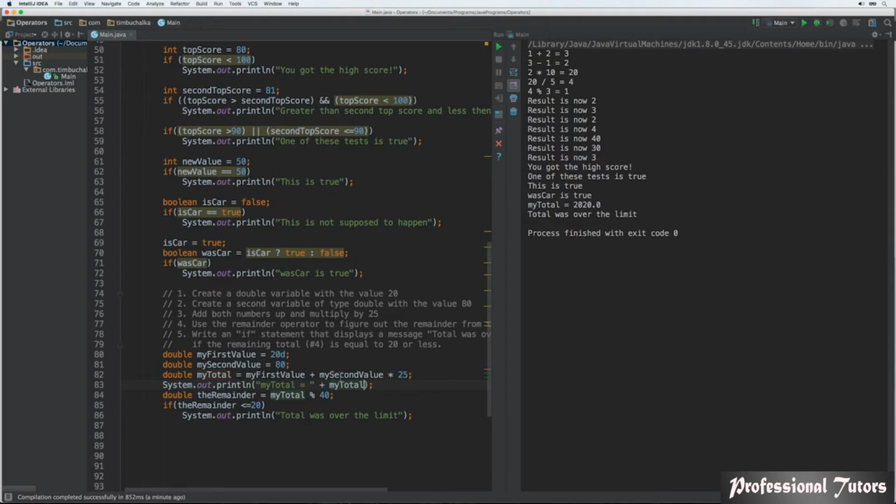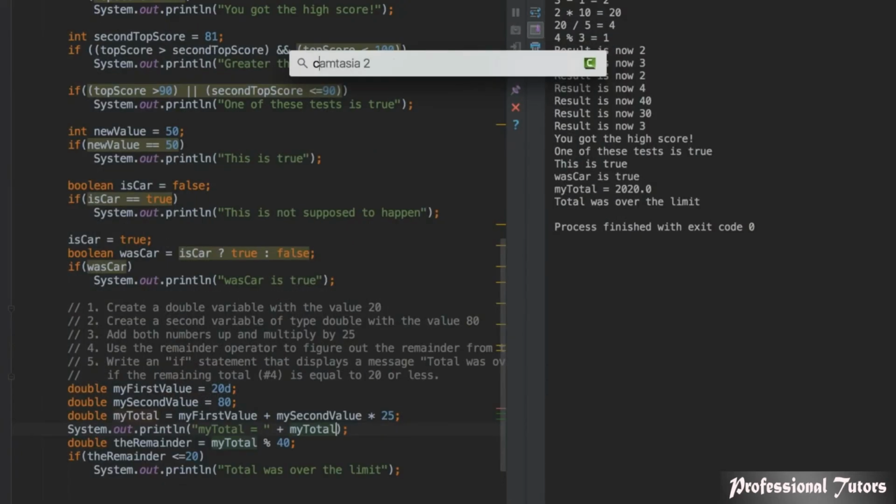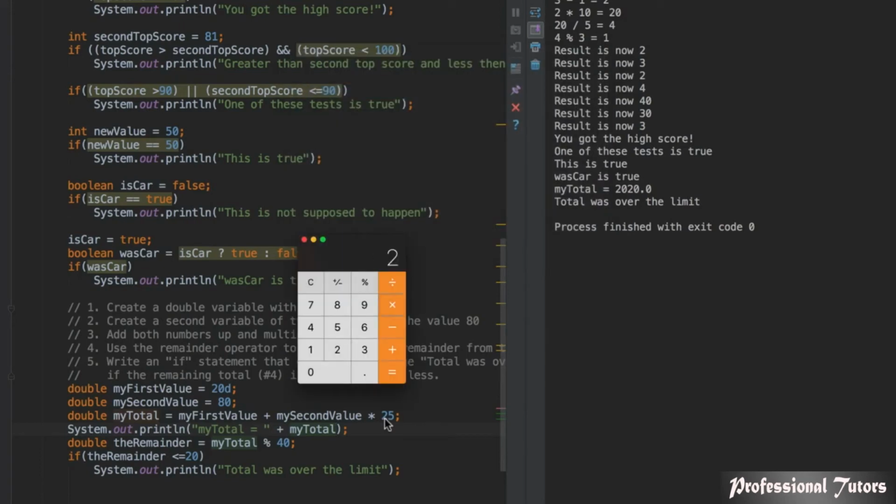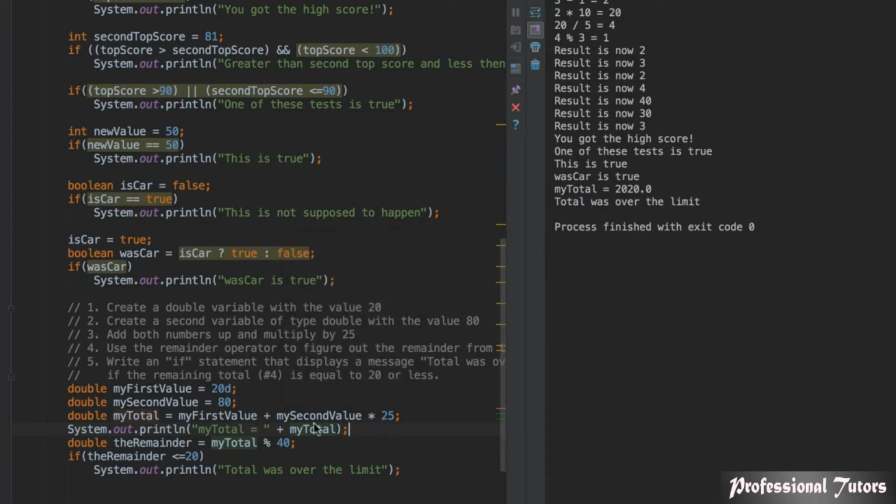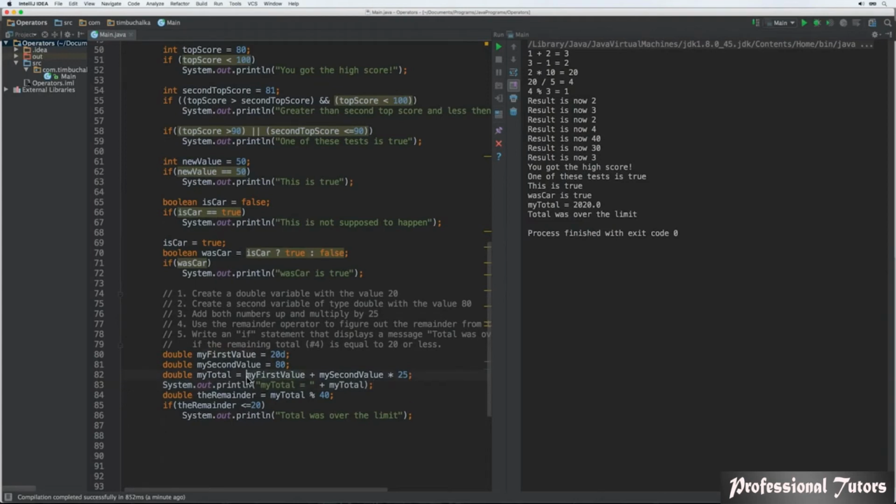That gives us 2,480. So therefore, if the remainder is less than or equal to 20, which it is in this case, total was over the limit. And just to be sure, we could actually do some output. We could put "remainder is" plus the remainder. So if we run that, just to clarify that we are getting the right results, remainder is 20. My total was 2,500 and total was over the limit because we've successfully tested to see whether it's less than